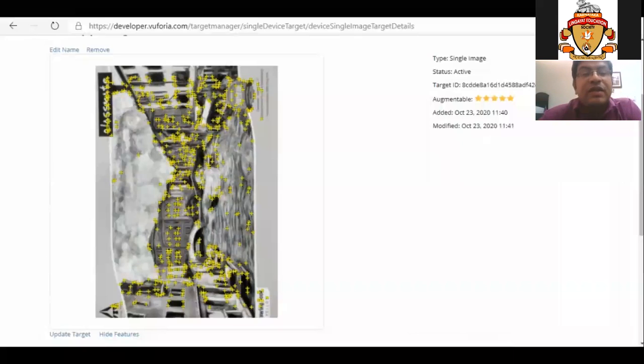These plus symbols are the locations known as fiducial markers. Vuforia has used these locations and the orientation of these fiducial points to detect a particular image. Obviously, for a different image, the orientation of these fiducial markers will be different, and this is how Vuforia is able to distinguish between other pictures and the marker image. So these are the fiducial markers that Vuforia will use to detect a particular marker.